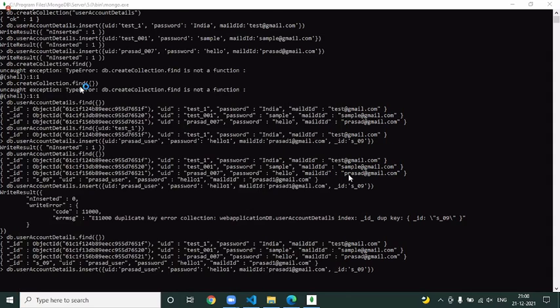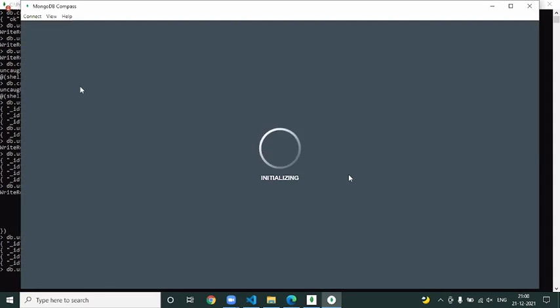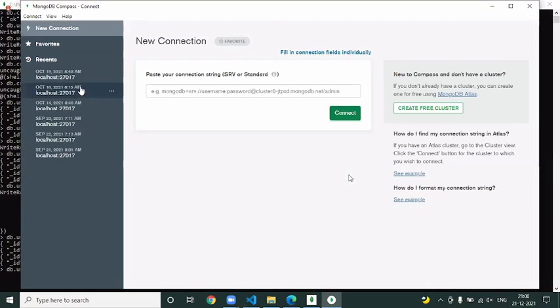Earlier, it used to be installed as a separate component, but nowadays, whenever we are installing MongoDB, by default, it even installs MongoDB Compass along with it. By default, it is going to install MongoDB Compass, but it gives you an option. When you're installing, it will ask you, boss, whether you are okay with this or not.